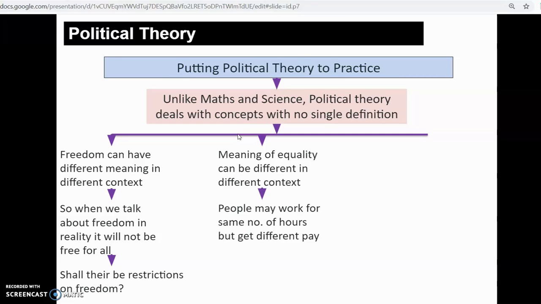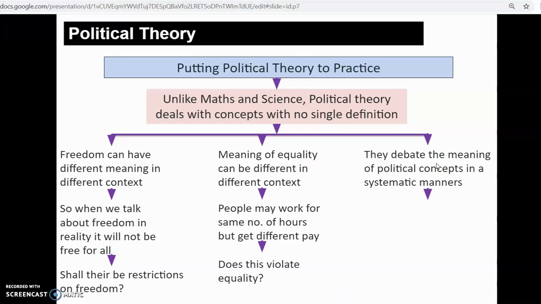Does it violate the right to equality? Many of you would say yes, it violates the right to equality. Many of you would say no, it doesn't violate the right to equality. Same applies with the reservation system. Many of you would say reservation is a violation of the right to equality. Many of you would say no, it doesn't violate the right to equality, right? So these are some issues which require a lot of debate and discussion.